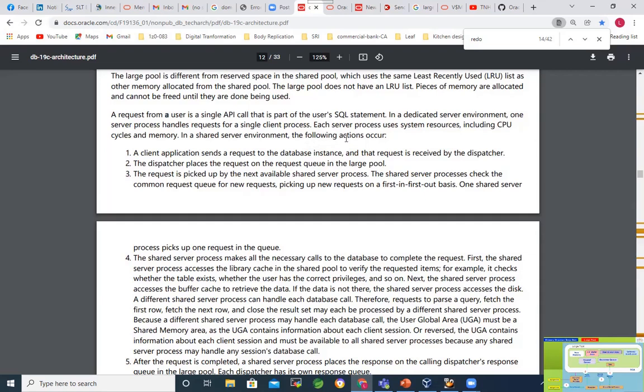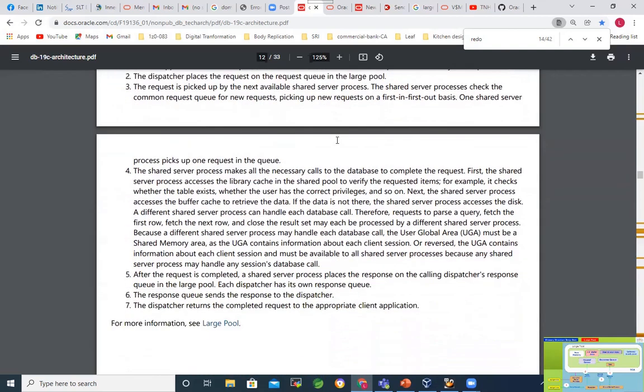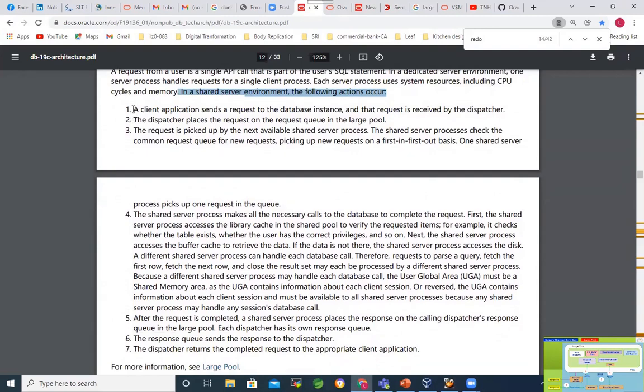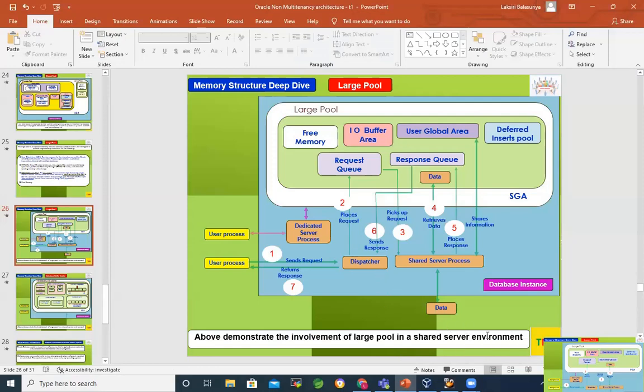That's a dedicated environment, because a server process is dedicatedly initiated on behalf of the user request. In a shared server environment, the following occurs, as I explained. Step number 1: the client application sends the request to the database instance, and the request is received by the dispatcher.